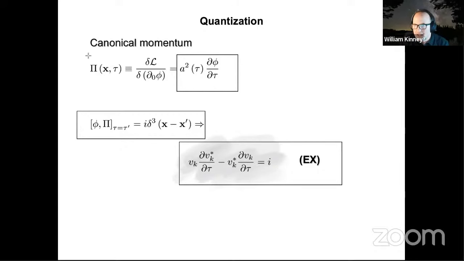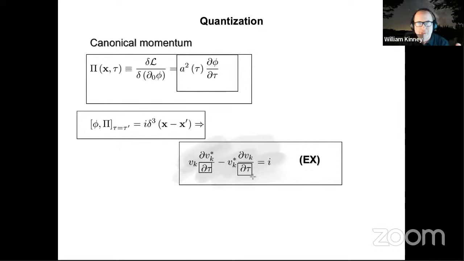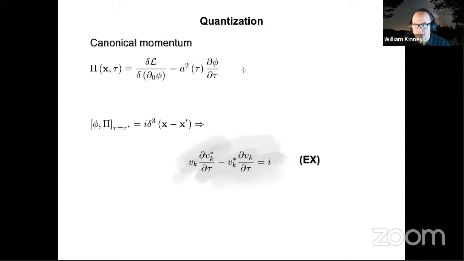So this is the canonical momentum and field in position space. If you do all the Fourier integrals, and it's a straightforward exercise in standard scalar quantum field theory, you end up with a Wronskian condition on the mode function, where the relevant time derivatives are with respect to conformal time, not coordinate time. That's the other difference here: the natural definition for the field theory is in units of conformal time, because that's where the metric is conformally Minkowski, and you can consistently define a quantum field theory in the conformally Minkowski metric in this way, all right?